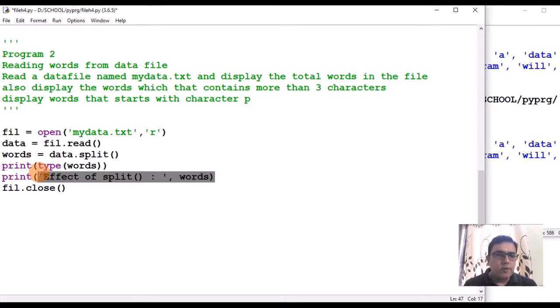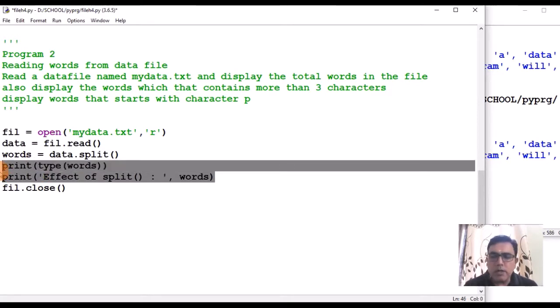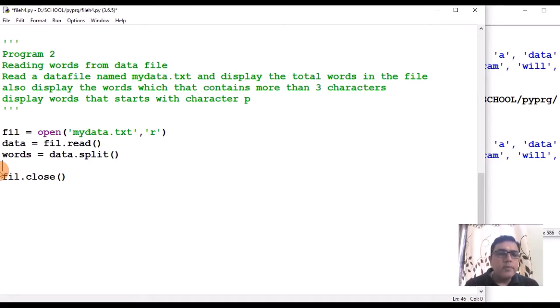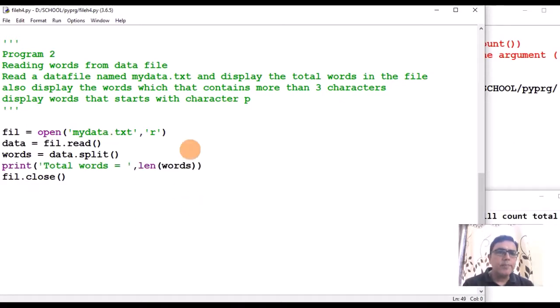This I'll remove now because you have come to know what the split method will do. Okay, now see what I have done. After converting the data into a list, in order to count how many words are there in the data file, I count how many elements are there in this list. Those elements will be the total number of words, right?